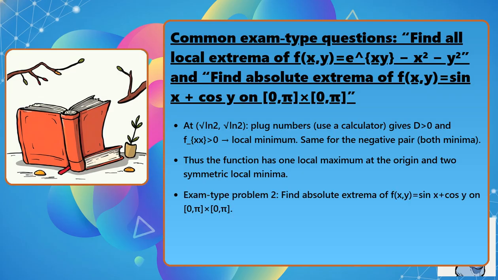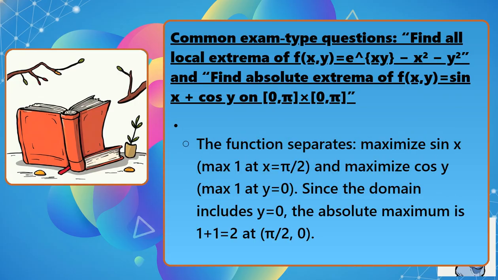Exam type problem 2. Find absolute extrema of f of x, y equals sine x plus cosine y on the rectangle from 0 to pi in x and 0 to pi in y. The function separates. To maximize sine x, we take its maximum value 1 at x equals pi over 2, and to maximize cosine y, we take its maximum value 1 at y equals 0. Since the domain includes y equals 0, the absolute maximum is 1 plus 1 equals 2 at the point